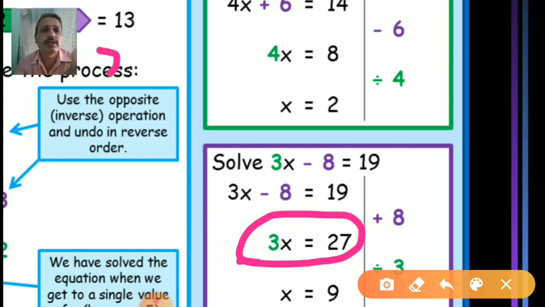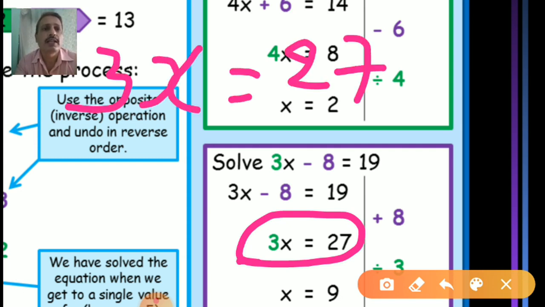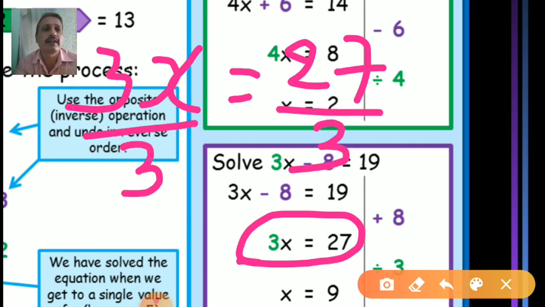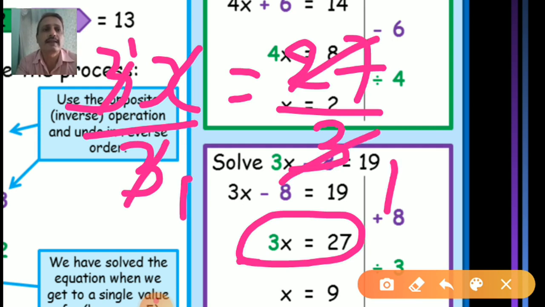See, student, actually some students do it this way, and they are also right. What are they doing? They are dividing by the same number on the left side as well as the right side. Now cancel this number. 3 1s are 3 and 3 1s are 3. Now 3 1s are 3 and 3 9s are 27. Easy? So in both types, we either add the same number with a different sign on both sides, and here also division by the same number on both sides.